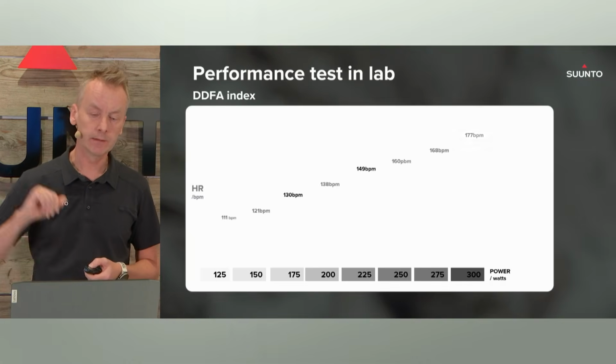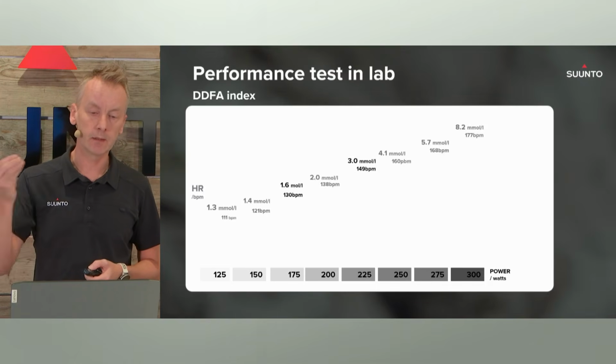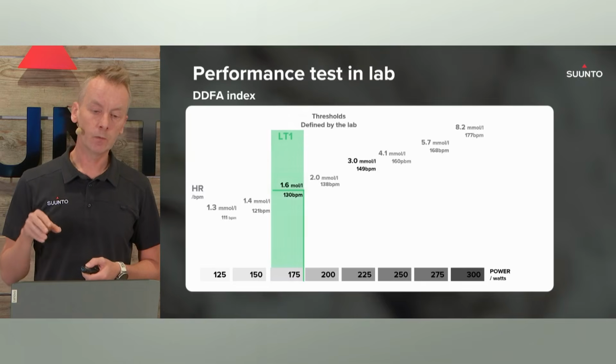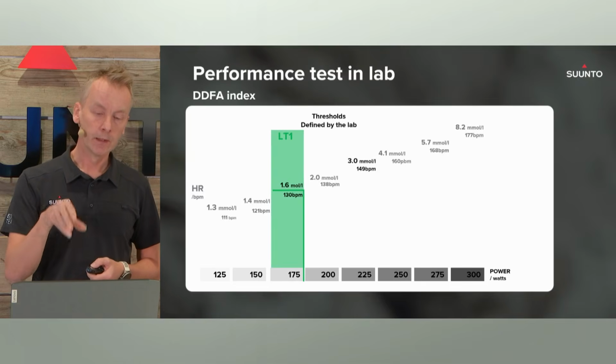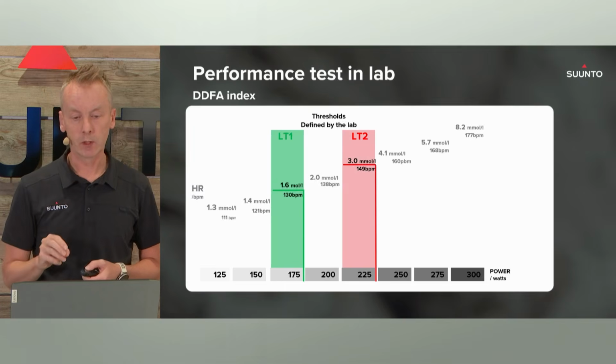There's the heart rate increasing in the same test. You can see it nicely grows. And then there's lactate values that are being measured by the laboratory itself. So how the lactate increases from the bloodstream. So then when the laboratory tries to evaluate where is my aerobic threshold, where's my anaerobic threshold, they find out